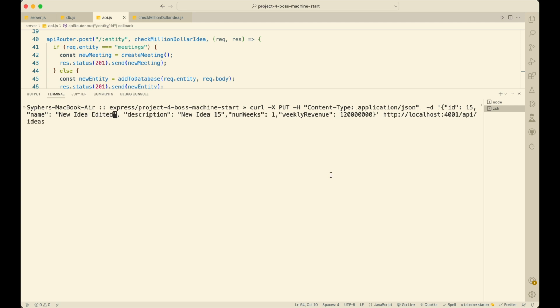Let's give it a name of edited. Description should be new idea 15 edited, and number of weeks is 1. Let's give it a value that is obviously less than 1 million. So if you guys remember, we are also supposed to